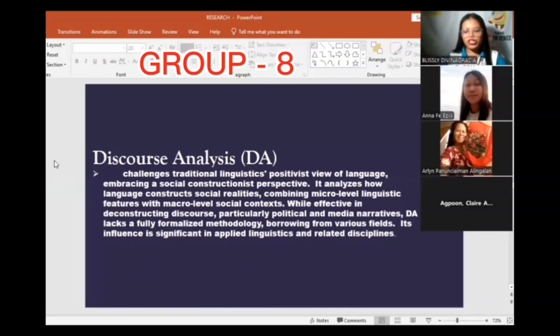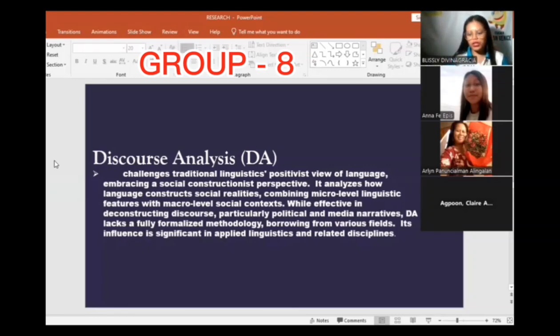So in short, discourse analysis is a way of studying how language creates meaning and shapes social reality. It examines how language is used in different contexts like politics or media to understand power dynamics and influence. One example of this is